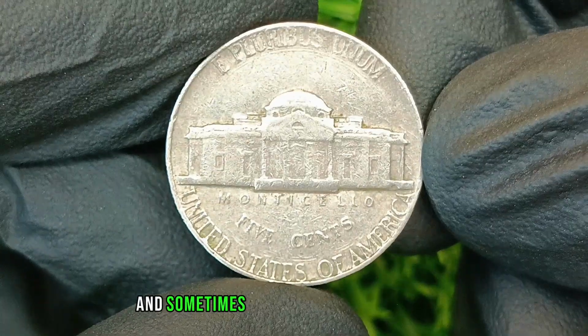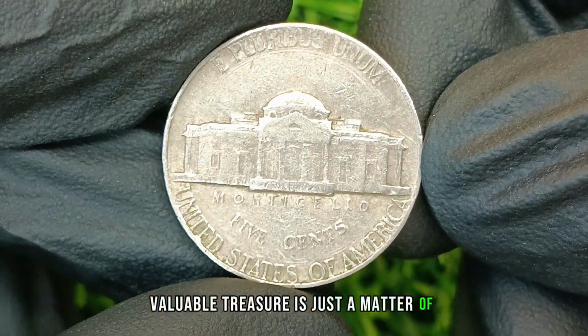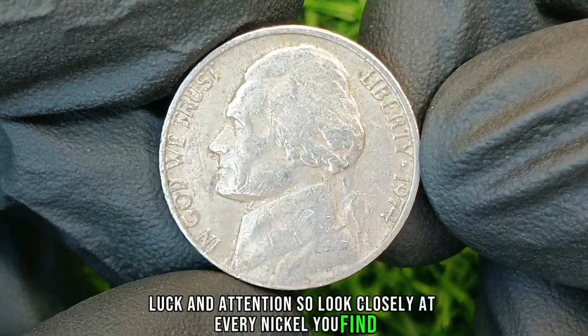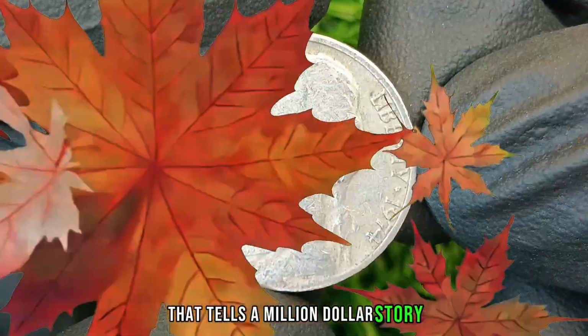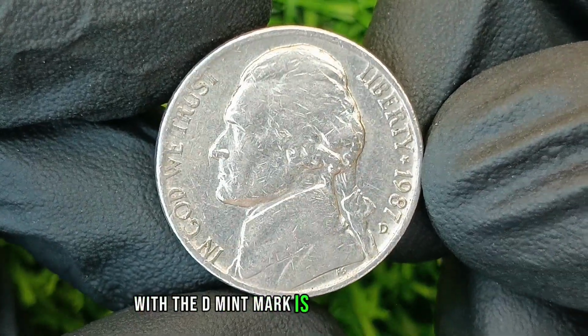And sometimes, the difference between an ordinary coin and a rare, valuable treasure is just a matter of condition, luck, and attention. So look closely at every nickel you find. You never know, the next time you check your change, you might just be holding a 5-cent piece that tells a million-dollar story. Next up, the 1987 Jefferson Nickel with the D mint mark is one of those coins that